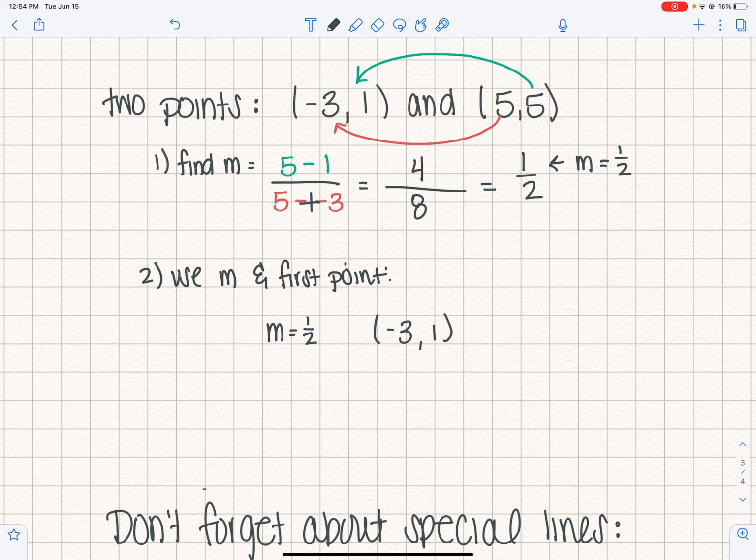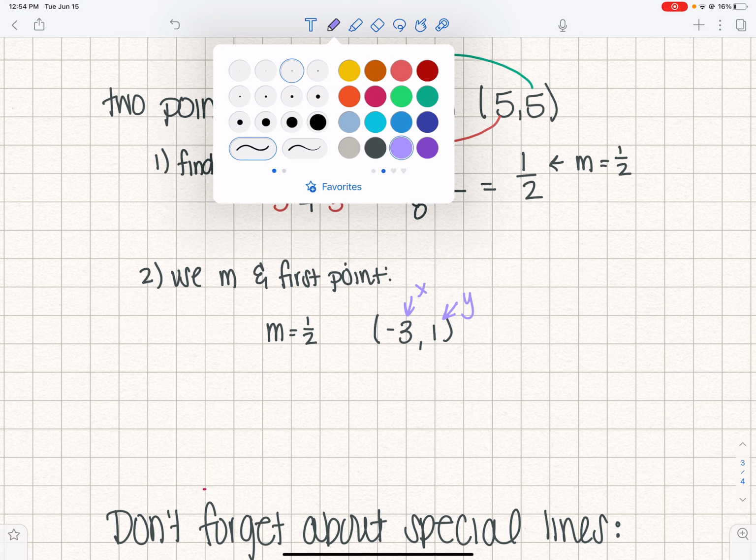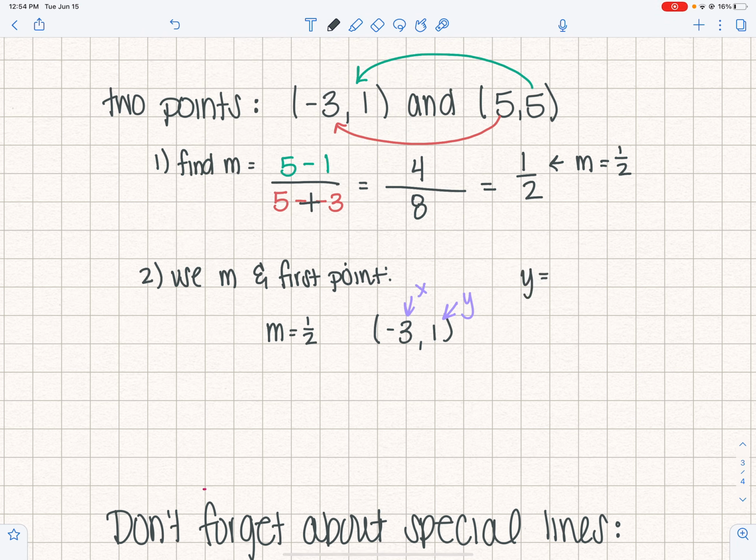And now I'm going to find b. So I've got my x and my y. And I want to fill in my slope-intercept form. Well, y we have is 1 equals m is 1/2 times x negative 3